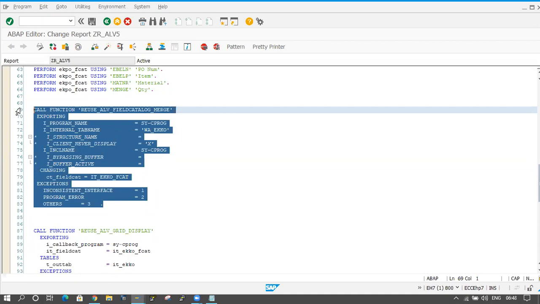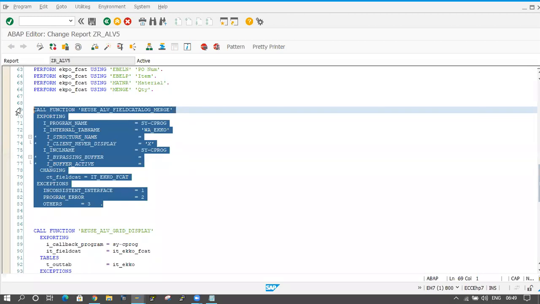Comparing performance, list display is a little bit faster. I am comparing two function modules, list display and grid display. List display is a little faster because it won't support all those things. Coming to grid display, it supports extra functionalities and has to work on those too, so it will take some fraction of a second extra. Still, we have to go for grid display only because we are adding more functionalities here.